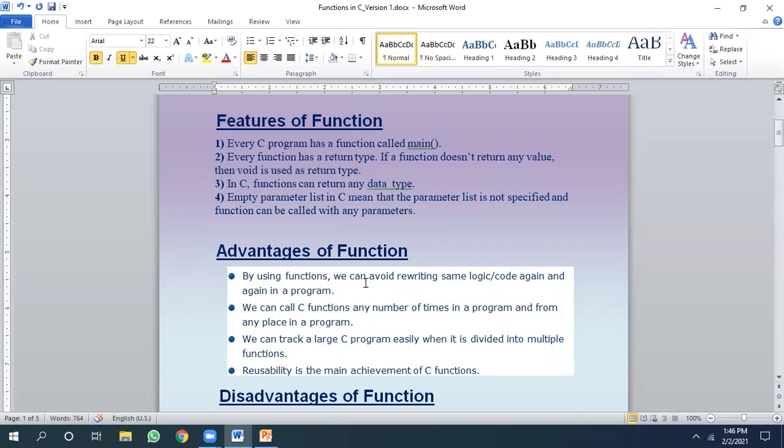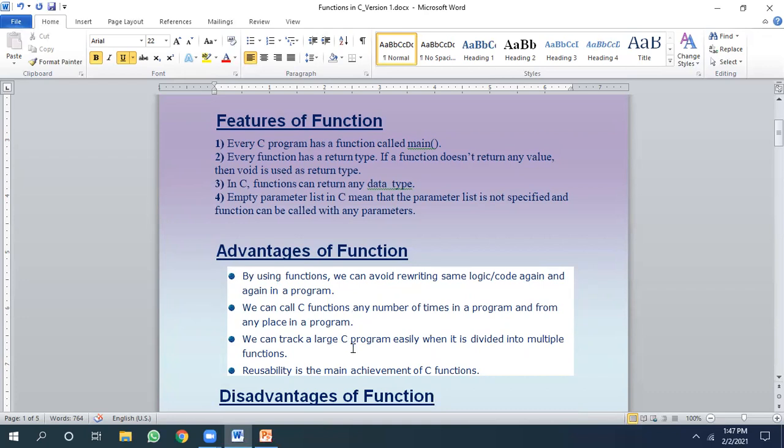But if we use function, then 5 lines will be used for function call and 10 lines for defining the function. So in 15 lines, the whole thing will be completed. So by using function, we can avoid rewriting the same logic or code again and again. We can call C function any number of times in a program. There is no restriction how many times a function can be called. Function can be called from any place in the program and any number of times.